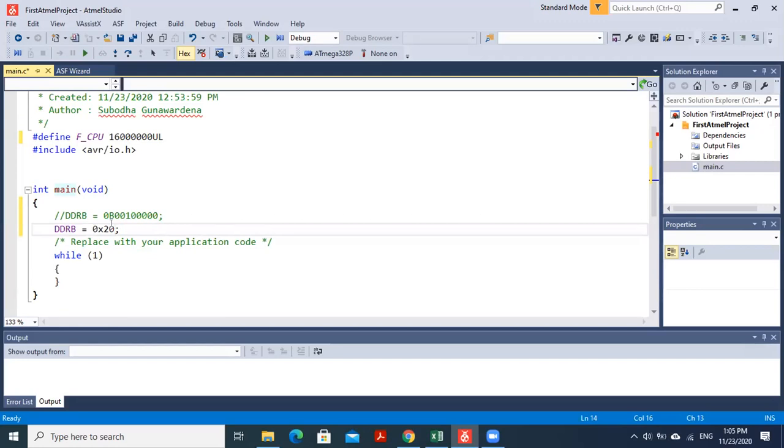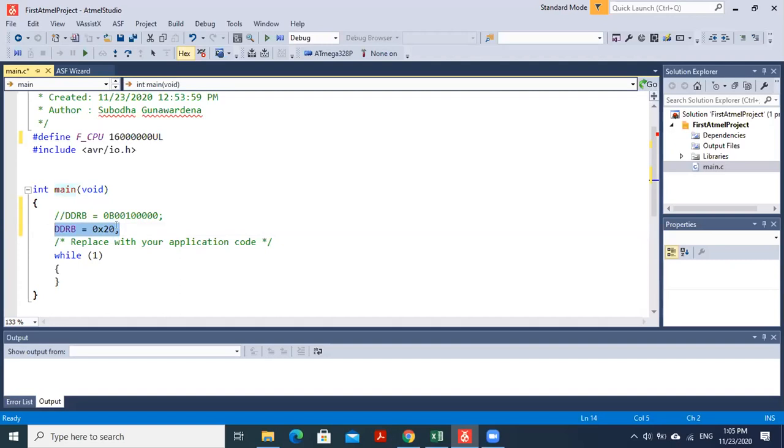What is the problem if we do it like this? Now, for this kind of a small program, this is okay, right? Doing it this way is okay.